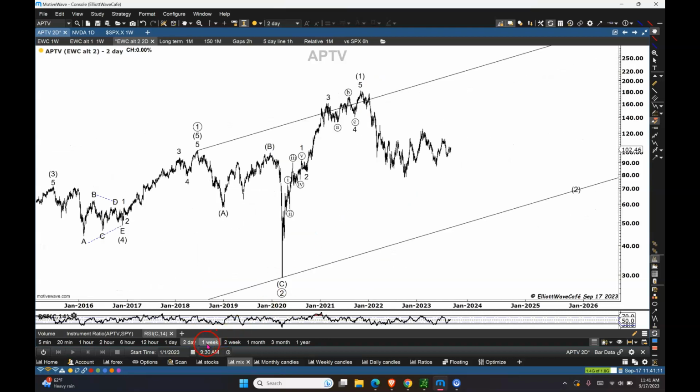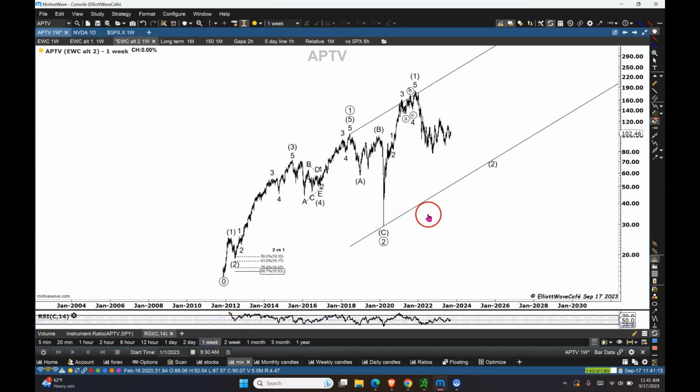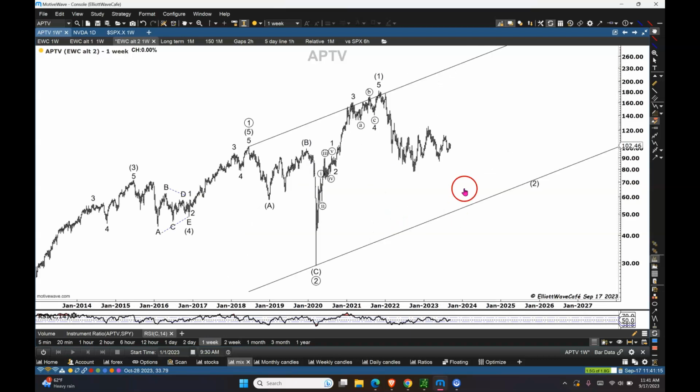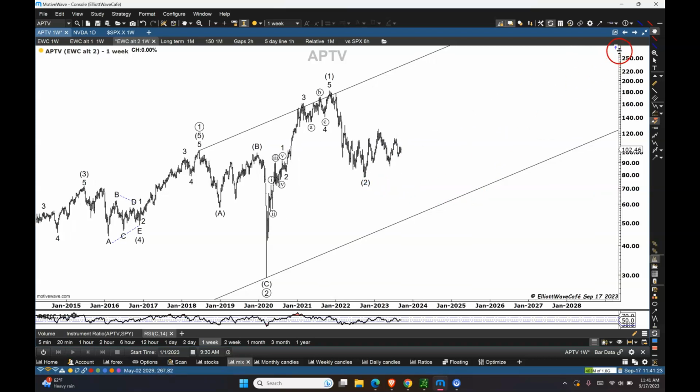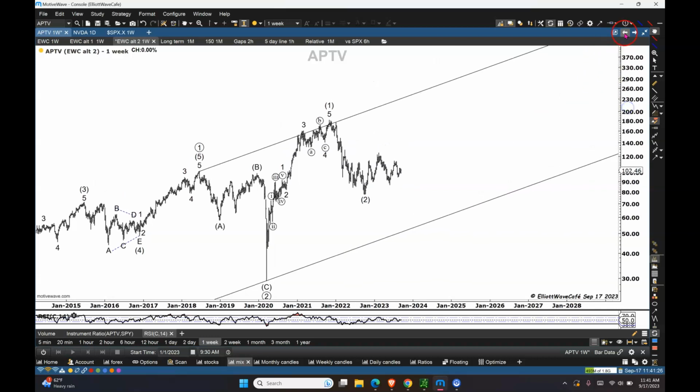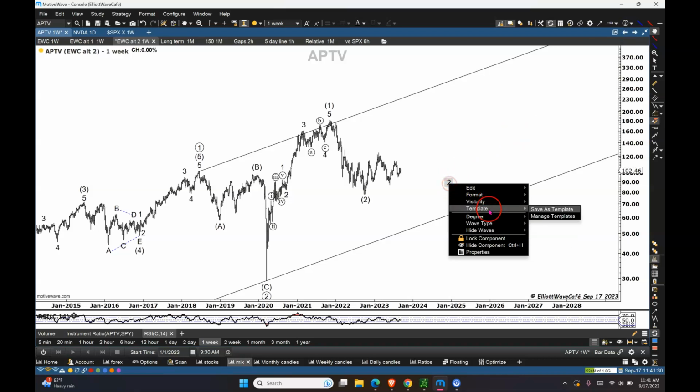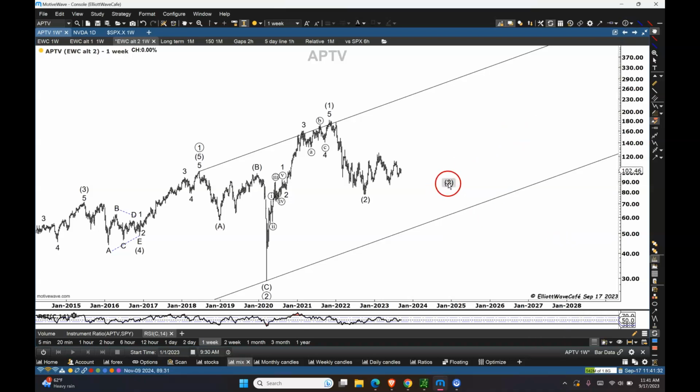And now let's go back to a 1 week. I'll make this just a little bit bigger. And then you'll have your kind of wave 2. Now, there's two ways that I always think about this in a couple of ways, right? I put a wave 2, and then I bring another wave 2 here, and of the same degree, we're going to go intermediate,